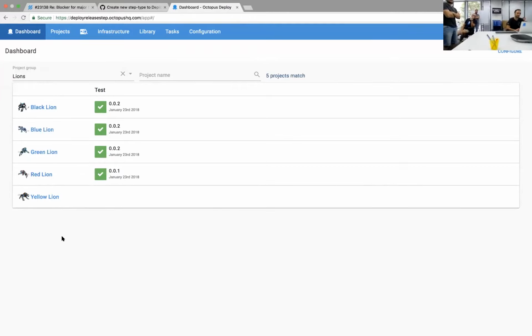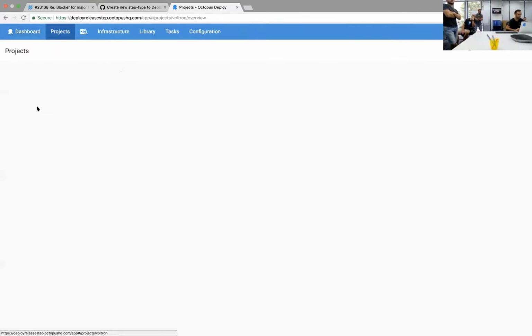So I guess the driver for this feature is the fact that projects don't exist in a vacuum, right? Sometimes you do need to coordinate between different projects. So if we've got a whole collection of projects that we want to typically move through environments together, today there's not really a nice way to do that. So enter the